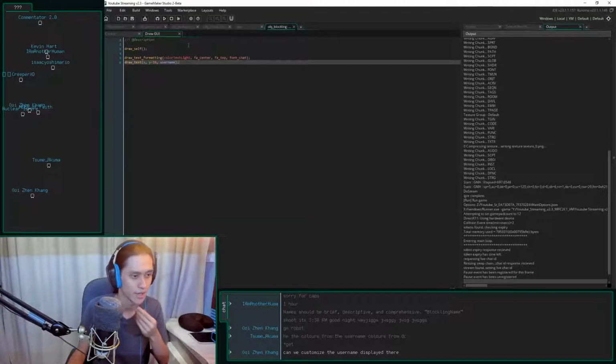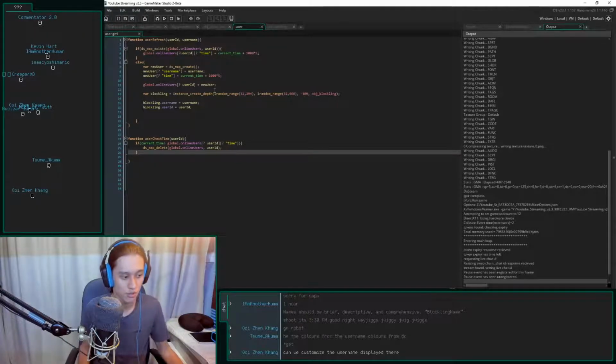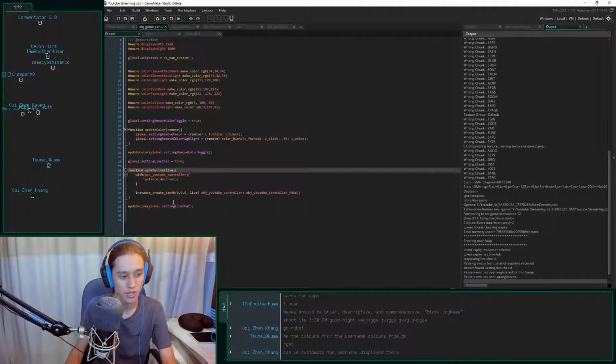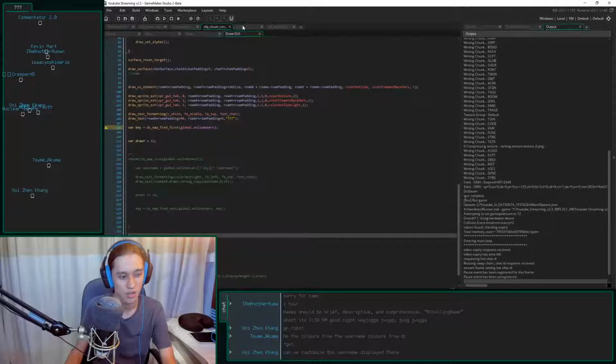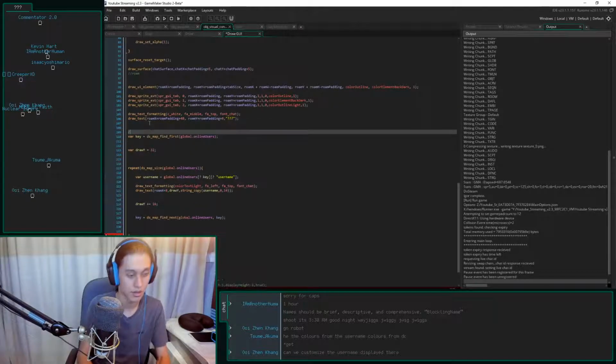What else do we need to do? Yeah, that's right. We need to make them disappear after you've logged off. Can you customize the username displayed there? Actually, probably, but I guess it might make more sense to customize your username. I'll have that on my to-do list, that you can possibly customize your username. We need to comment this out too, since all this is unnecessary as well.